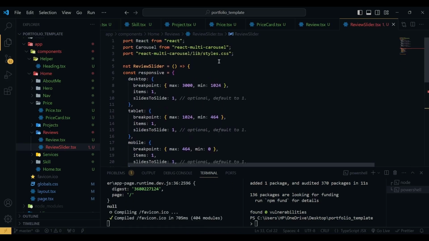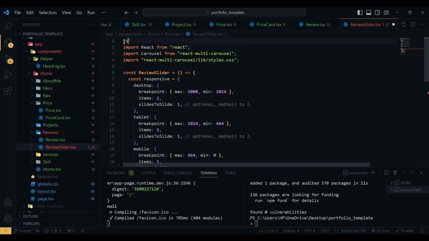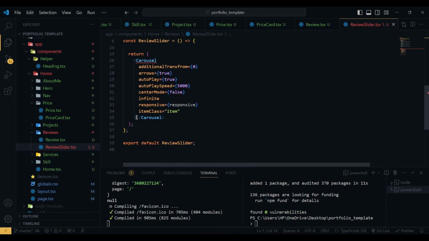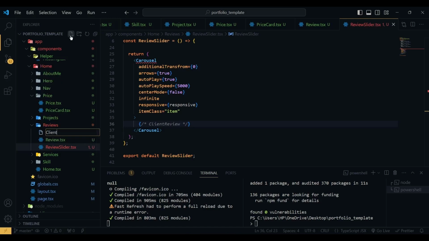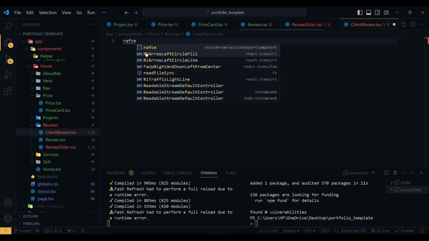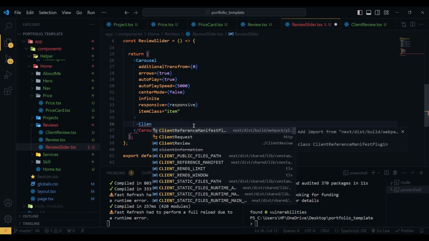Now to use this we have to convert this server component into a client component. To do this we are going to use this text, use client, and now here we are going to create another reusable component, which is client review component. So let me create this client review.tsx, and here I'm going to use RAFCE to create the component boilerplate, and then I'm going to add this here. So client review,